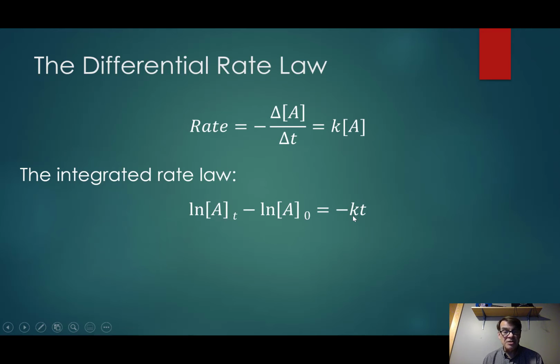So if I know the constant for the rate of reaction, and I know the initial concentration, and I know the concentration at time t, then I can solve for t. If I know the time, say I want to know what it's going to be in 5 seconds, and I know what the initial concentration was and what the constant is, then I can find out what the concentration is at time t. And so this is a very helpful equation because it helps you know what the concentration is going to be